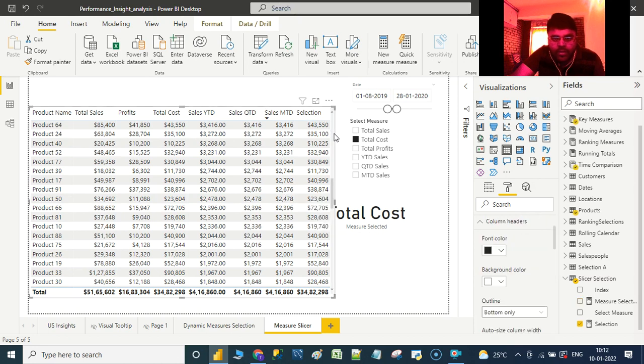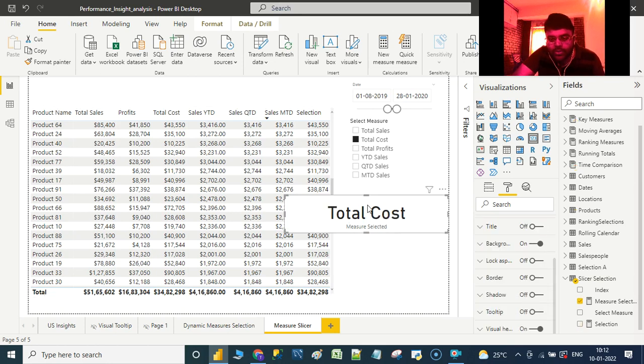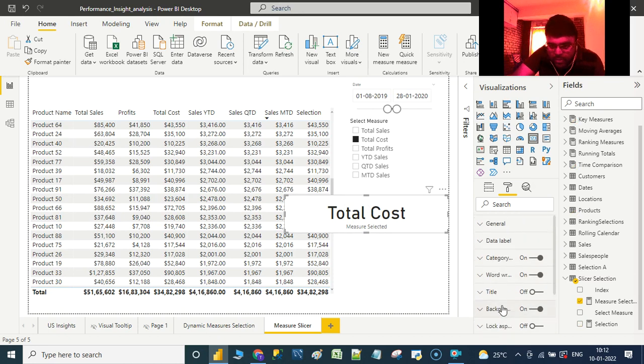Let us select the table and have a look at the formatting options. The text size of the column headers happens to be 14. The font family happens to be Segoe UI. So let us now go to the data label.